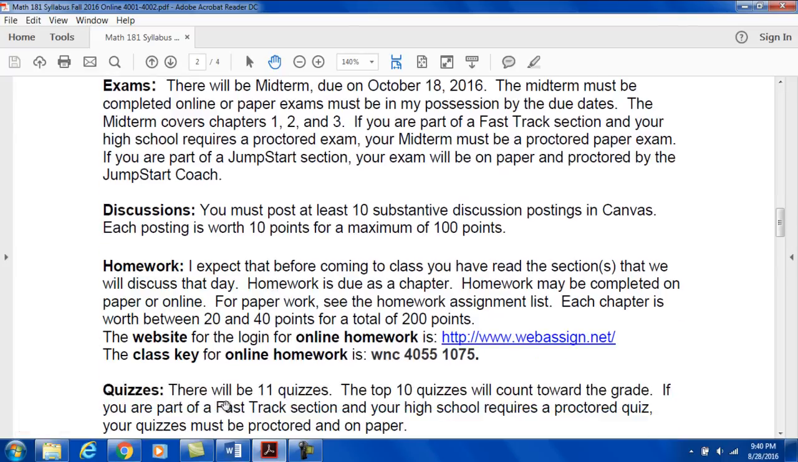Now, if you do it online, go to WebAssign, and there's the course key. If you do it on paper, I want it uploaded as a single PDF file. The same thing with the midterm and final. Single file PDF. I do not want individual JPEGs. I do not want individual other kind of files. I want one file, and there's a simple way to do it with a program or an app called Tiny